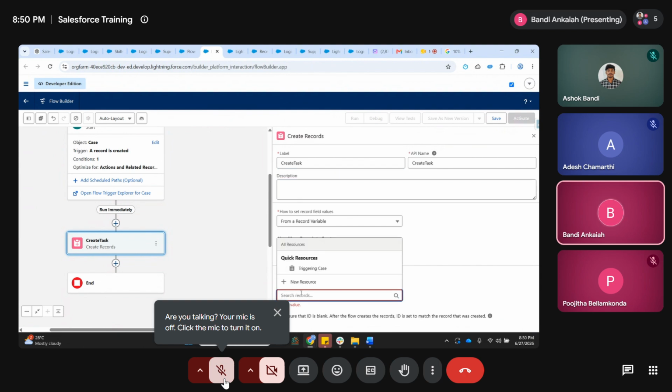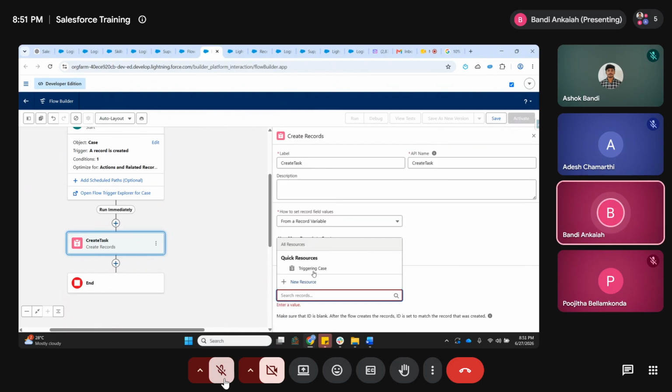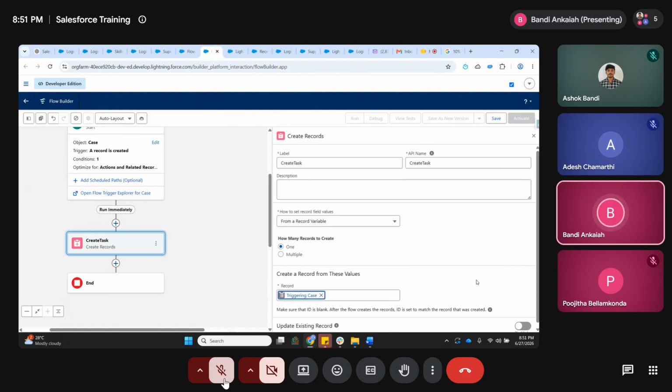So here the triggering case record. From the case record itself, you need to take the reference. From the case record itself, you need to take the reference. So from the case,